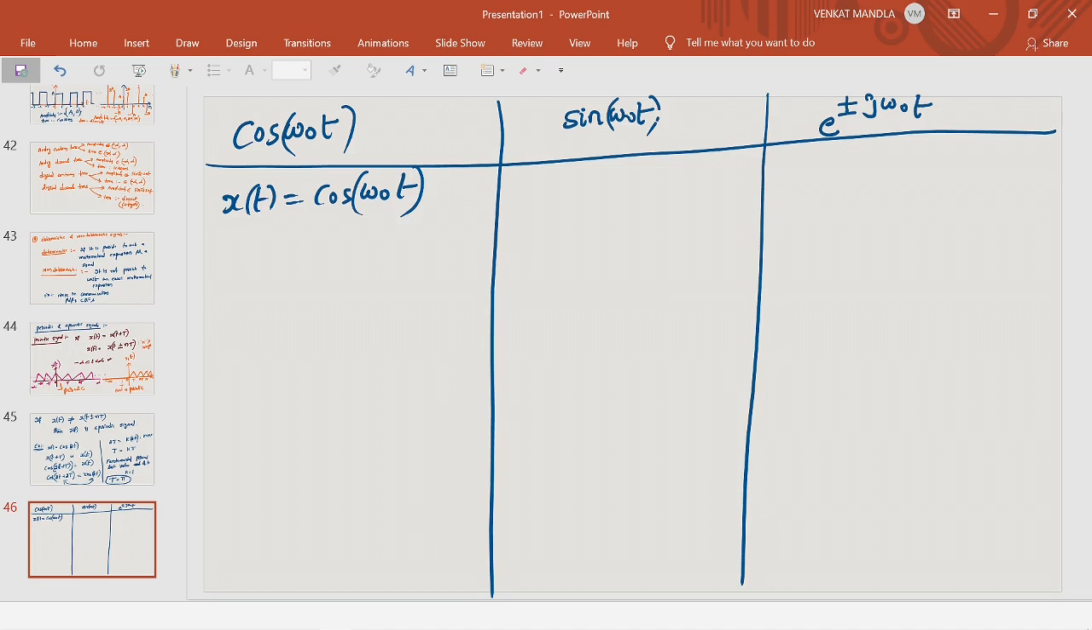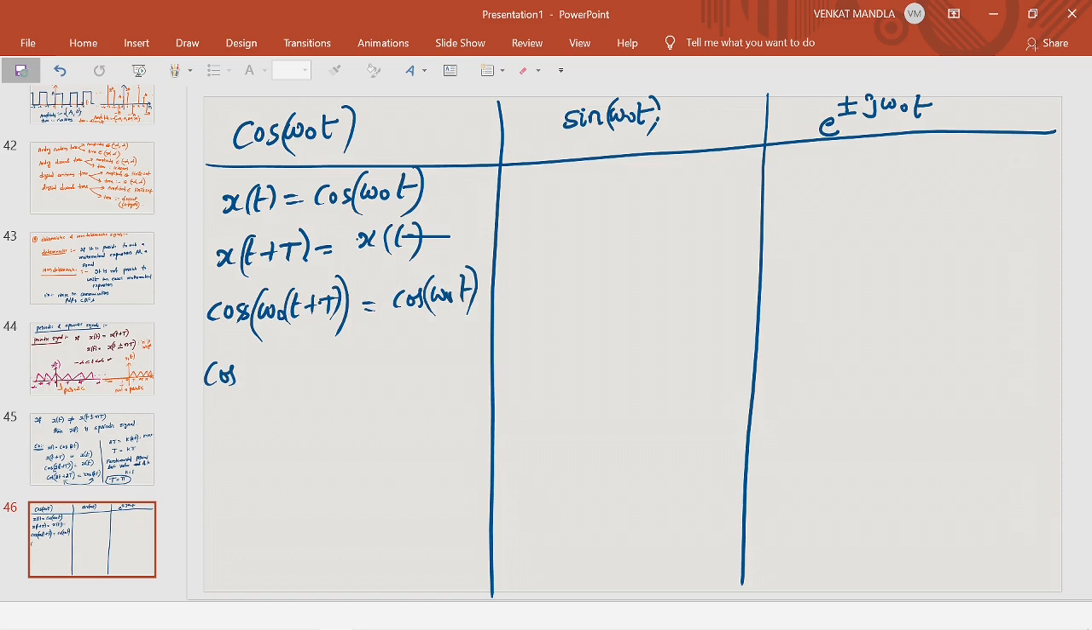So we want the period of the signal, the fundamental period. So x of t plus capital T equal to x of t. What is x of t plus capital T? Cos omega naught into t plus capital T equal to cos omega naught t. This is cos of omega naught into t plus omega naught into capital T. This is cos omega naught t. If this omega naught into capital T,